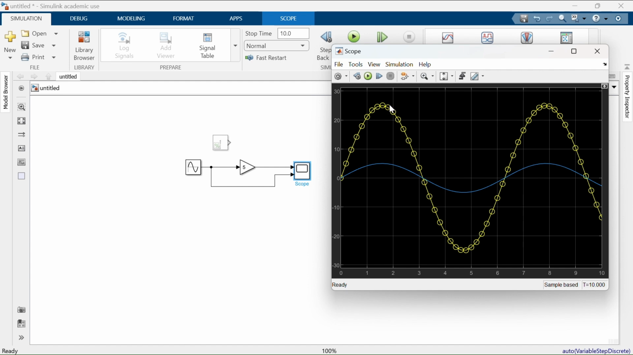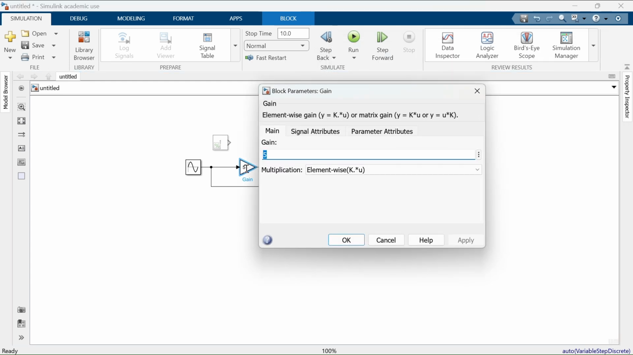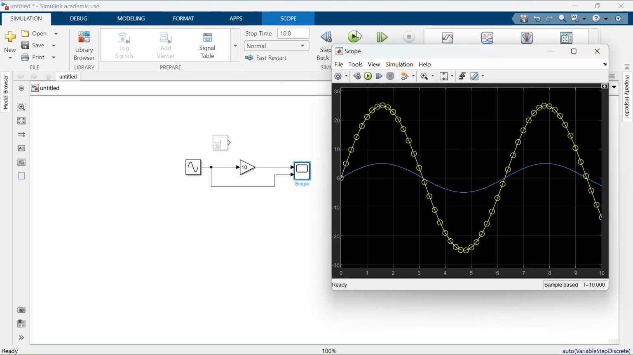After that, adjust the gain value to 10 and run the model again. With a gain of 10, the output sine wave will be scaled by a factor of 10, amplifying the input signal significantly. This means the sine wave will now oscillate between +50 and -50, showing a clear effect of the